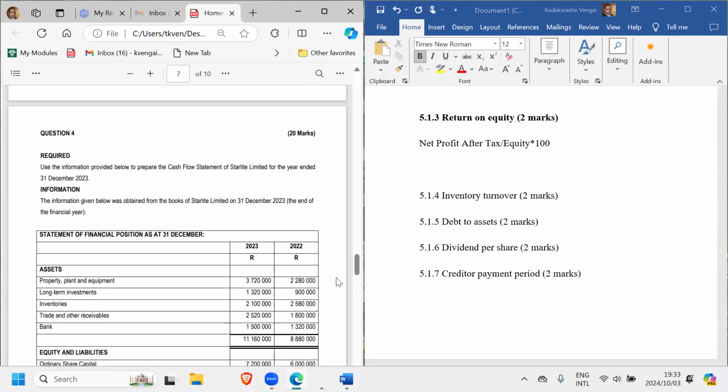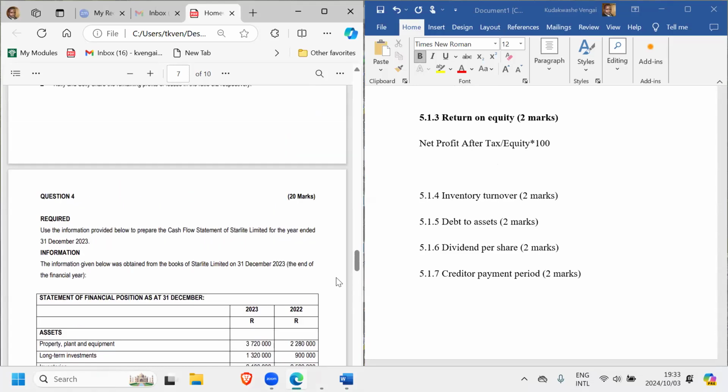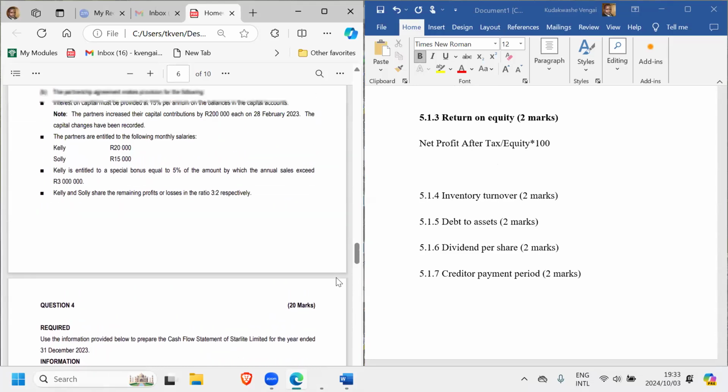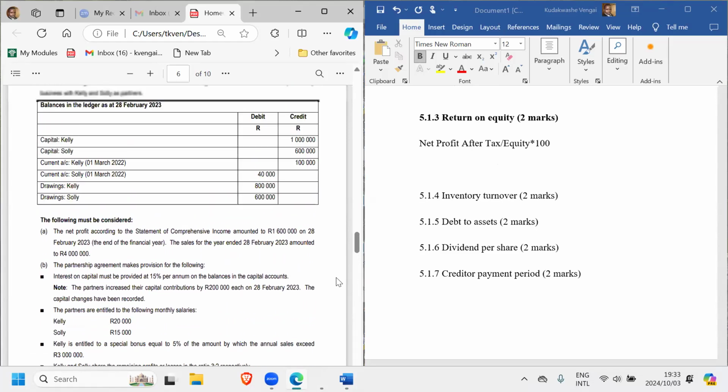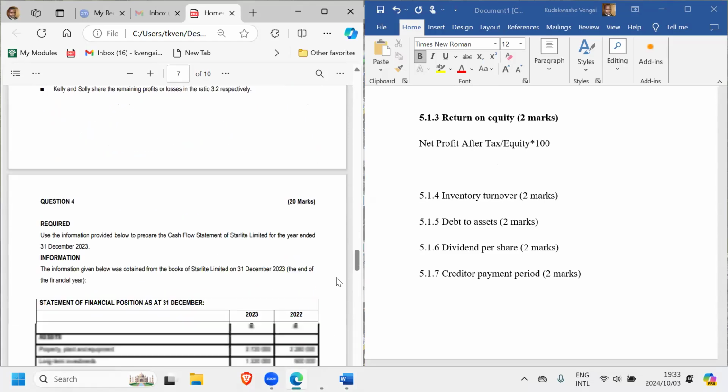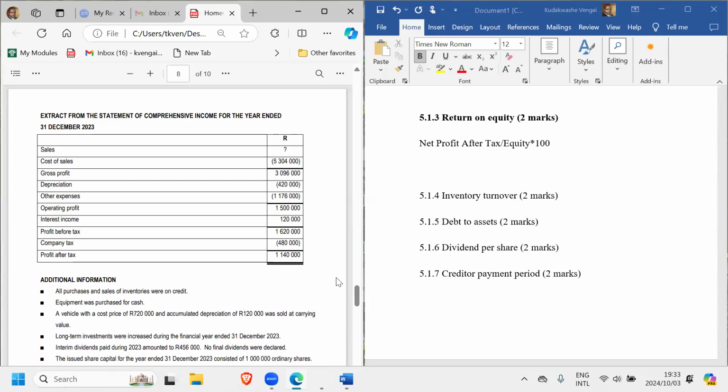Next one is return on equity. Return on equity is actually a profitability ratio. It's actually part of the profitability ratios. Let's see. Net profit after tax. We have that already, if I'm not mistaken. Yes, we have it, which is